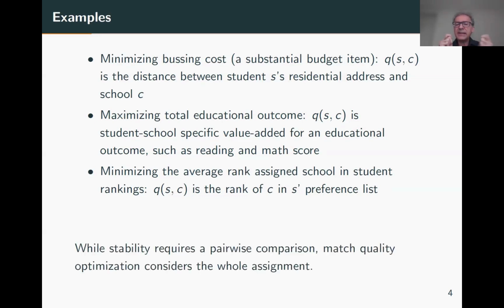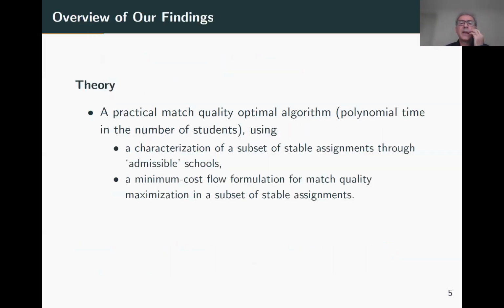Now, while stability requires a pairwise comparison, match quality optimization considers the whole match. So it's a totally new question in this regard. What we are going to offer here is really a practical match quality optimal algorithm that's going to be polynomial in the number of students, but unfortunately exponential in the number of schools. How are we going to do that? We are going to do this by